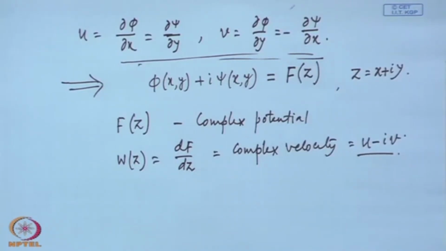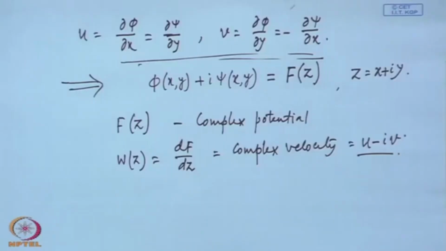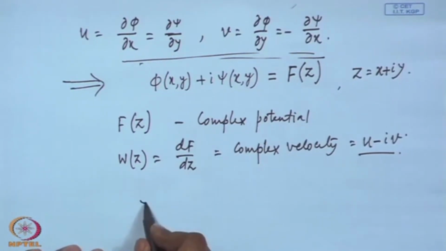Now, any function can be thought of as a mapping, even your simple function y equal to x square. With this you map x onto y, x becomes y because of this transformation. So, any function as such can be thought of as a transformation. So, if we have another complex function of z, let us say zeta of z, where zeta is xi plus i eta,